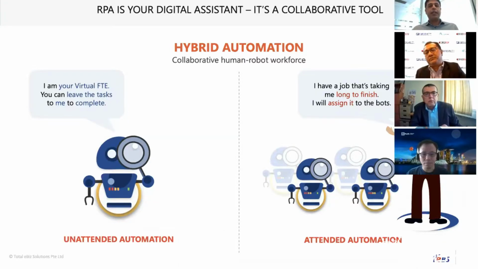And then the robots can quietly work in the background and they can assist, notifying you, not obstructing anything that you're doing, and quietly telling you that my job is done. Is there anything that I can do for you as well? So broadly, like I said, it's all about hybrid automation. The RPA technology is not to replace humans. It is there to augment what you do on a daily basis, how you carry out your tasks and activities.